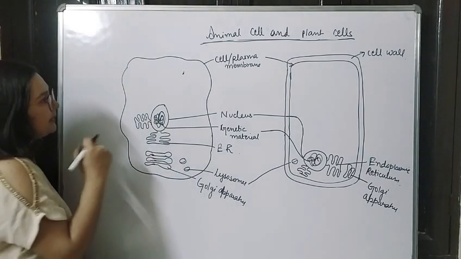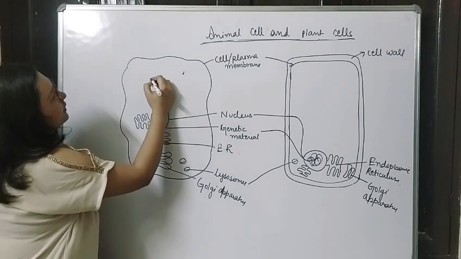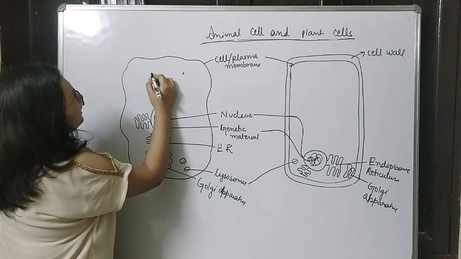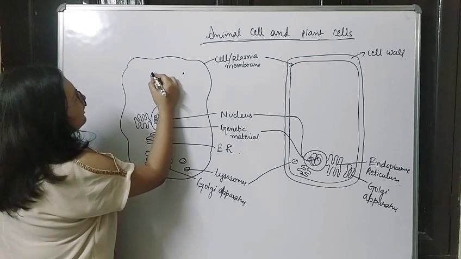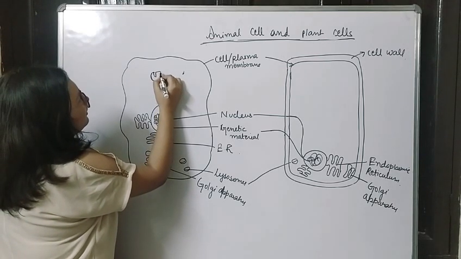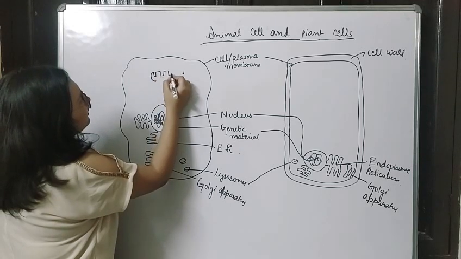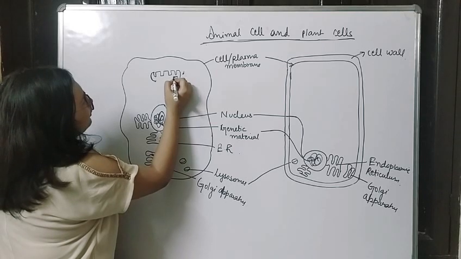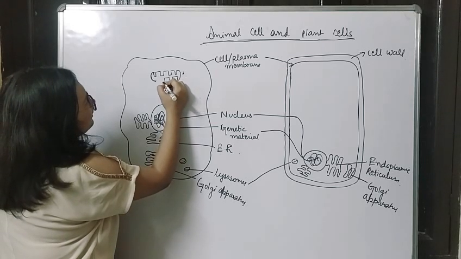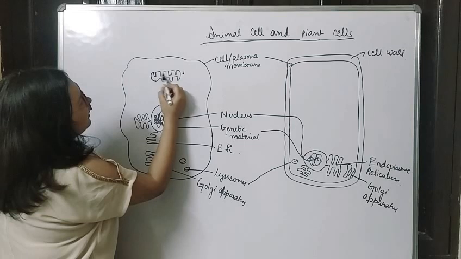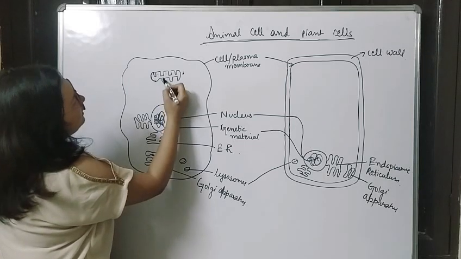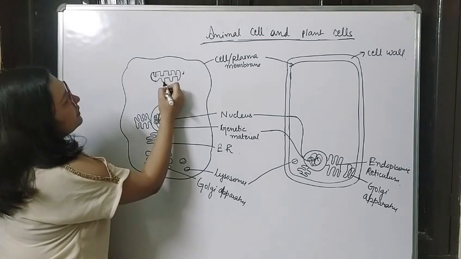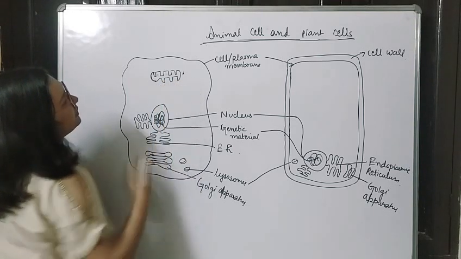So now it's time to make mitochondria. Now how to make mitochondria? See, making mitochondria is a bit difficult, so please understand. Suppose we are making the inner side of mitochondria. Make an arc like this, and then make small buildings. Make these buildings here, like this, and then you have to make buildings like this. And make sure this building should come between these two buildings, and that too in an inverted position. In between two buildings, oppositely, you have to draw this building.